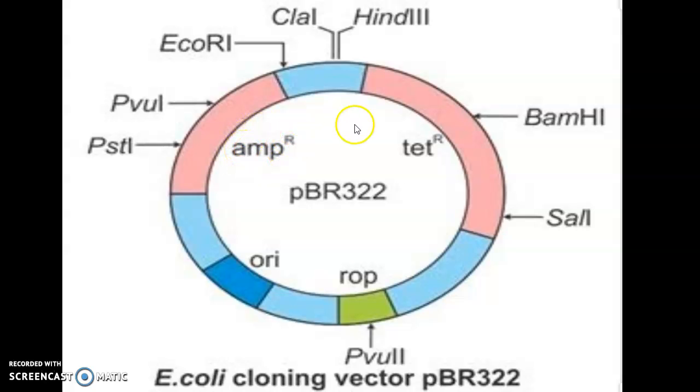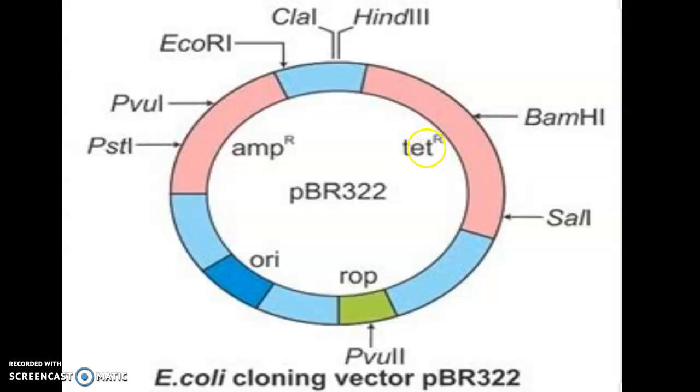The same type of bacteria, when we allow it to grow in nutrient media having tetracycline, easily survives, because along with the foreign DNA at the position of ampicillin resistance, this plasmid has the intact tetracycline resistance gene. So when the plasmid is present in the bacterium, that bacterium becomes resistant to tetracycline and easily survives.